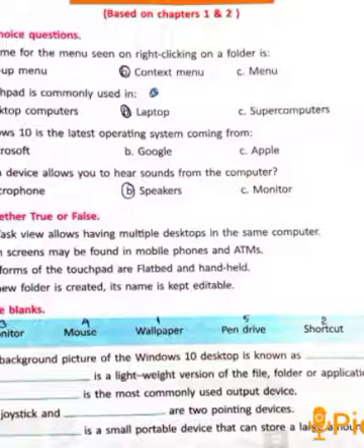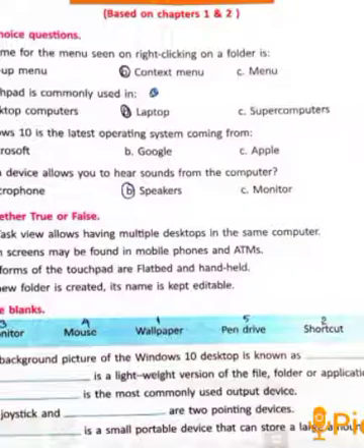Third one, two forms of the touchpad are flatbed and handheld. Answer, false. Fourth one, if a new folder is created, its name is kept editable. Answer, true. The next section, fill in the blanks.